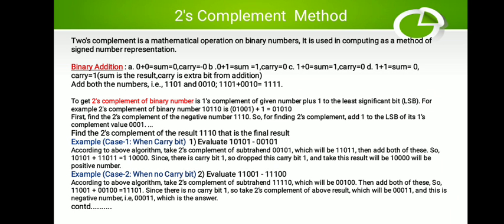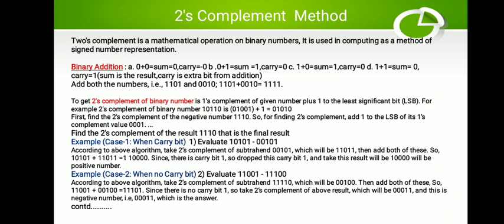But what about the result? Is it 3? No, it's not 3. Then what to do? In this case, whenever the condition is such that we subtract the greater number from the smaller, the output is in 2's complement form. It is not in true form. So what should we do? We should again take the 2's complement of the result. It is already understood to be a negative number because there is no carry bit. Then take the 2's complement of the result.